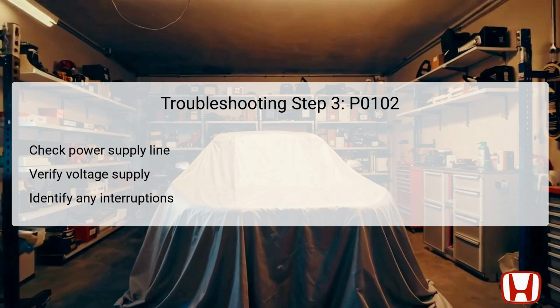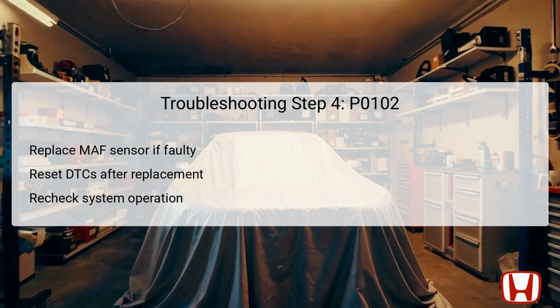Follow the power supply path back to the battery and check for any connections that may be loose or corroded. Having an uninterrupted power supply is essential for the proper operation of the MAF sensor. In the fourth troubleshooting step, if the MAF sensor is determined to be faulty, it must be replaced. A new MAF sensor should be compatible with the specific vehicle model, Honda Accord from 2012 to 2017, to ensure